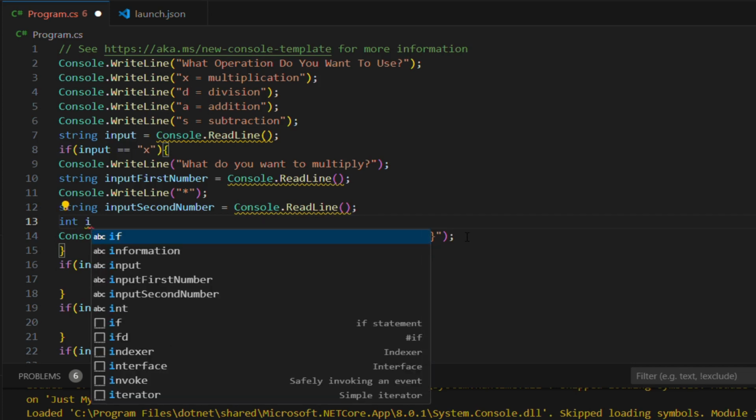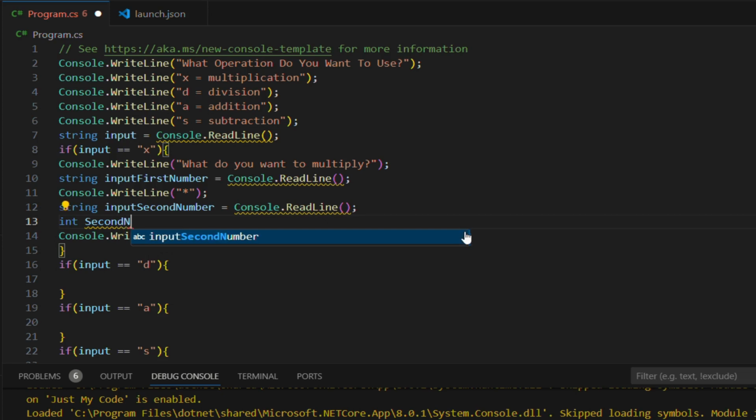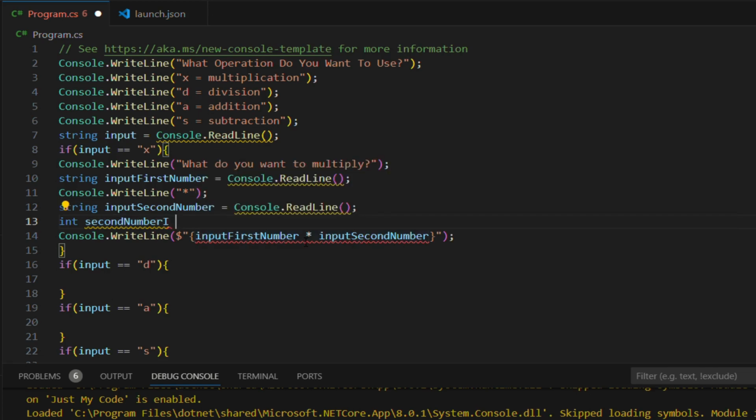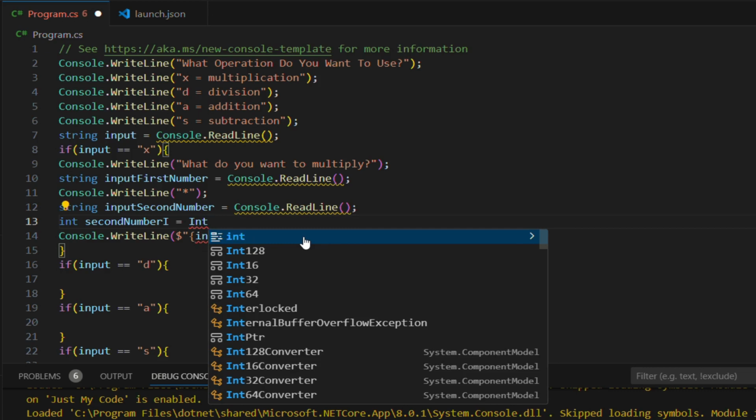So we're gonna call this one second number I. And try to keep all your naming consistent in second number I. And you'll notice that this is an integer, meaning that it will be a number instead of a string. So it's going to equal